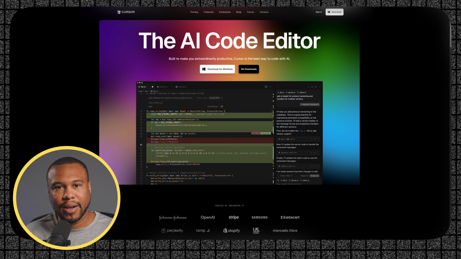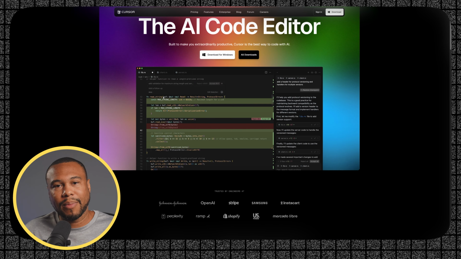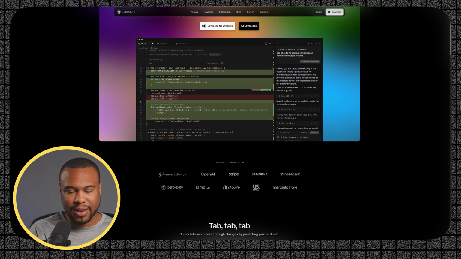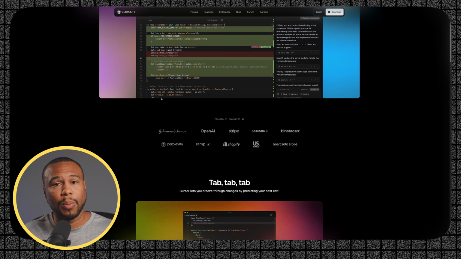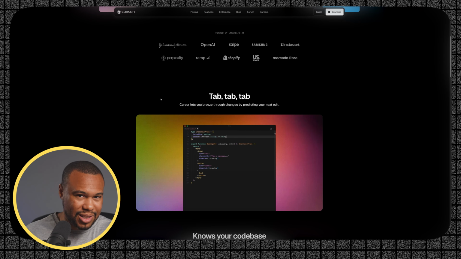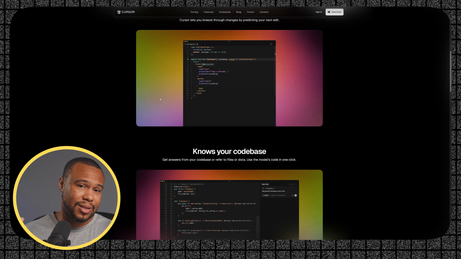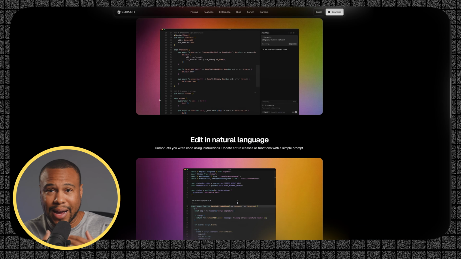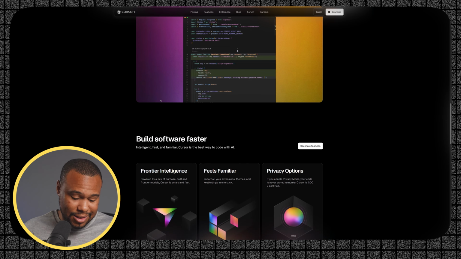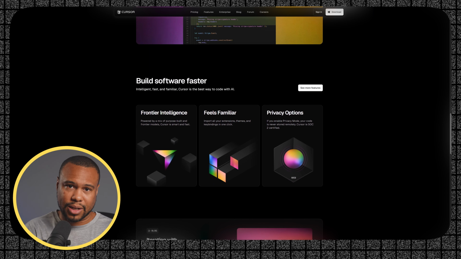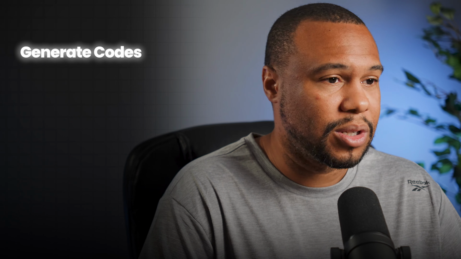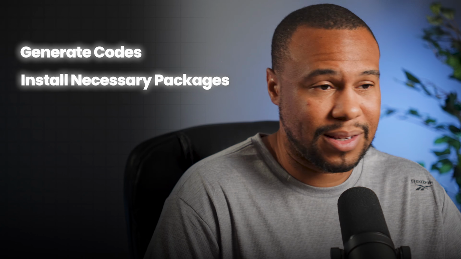So we're gonna jump right into Cursor. Now, if you don't know, Cursor is an IDE, which is primarily used for traditional development. It has AI built right in to help with code completion. But unlike traditional IDEs, Cursor takes this a step further. It also has an AI agent built in that can actually complete the full project. So it can generate all of the code, install any of the necessary packages, and in theory, you can go